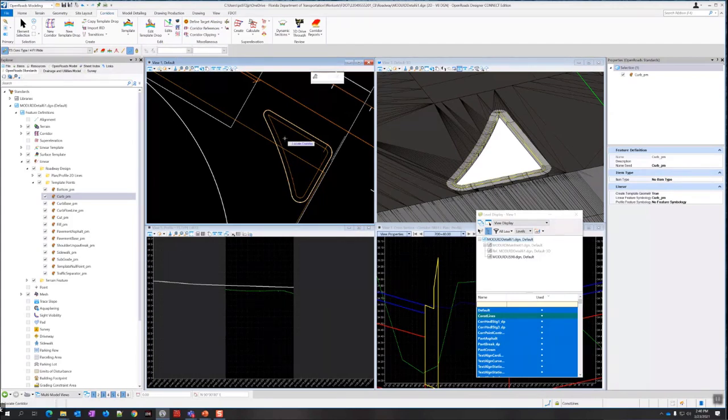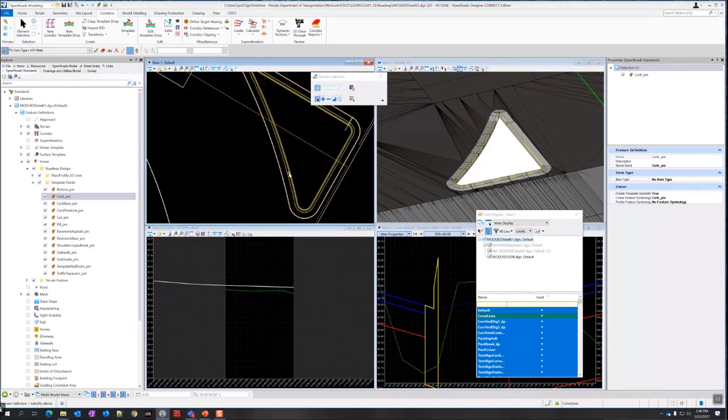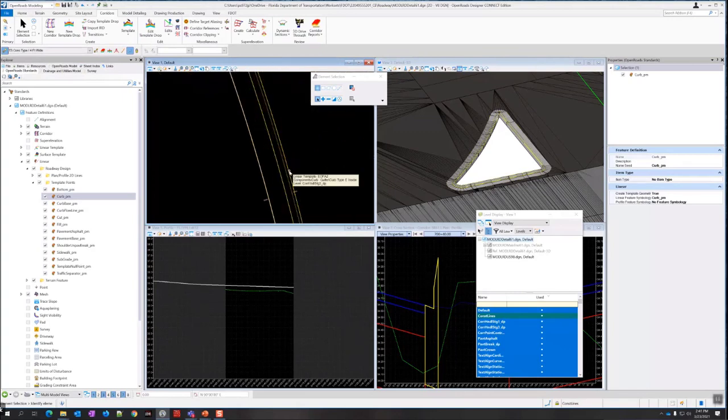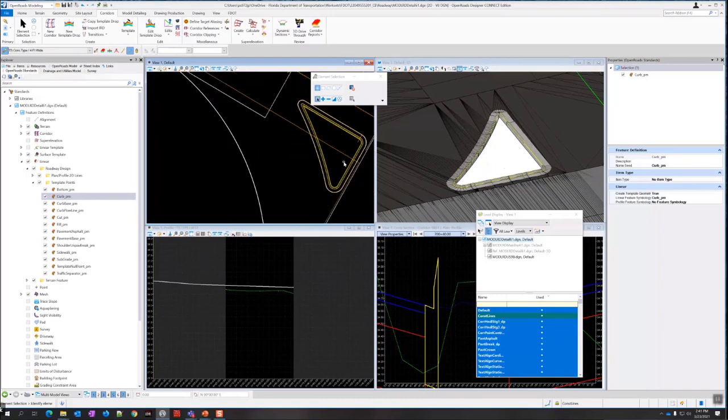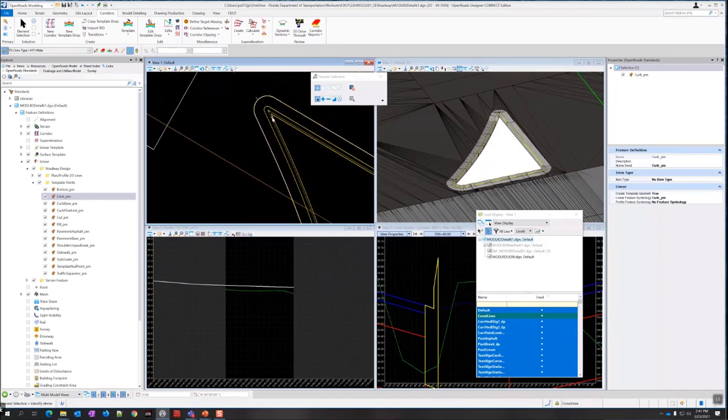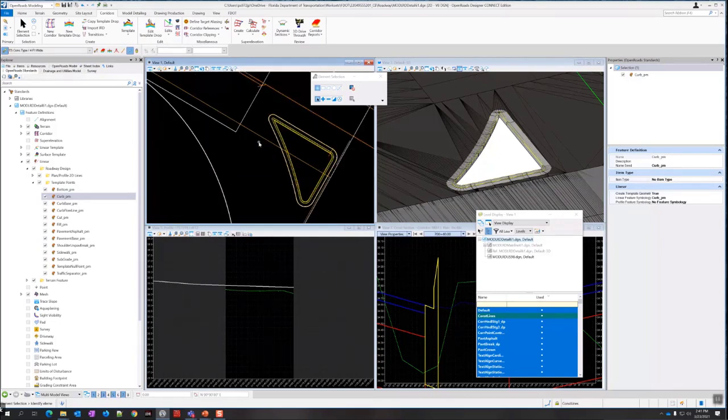Much the same way you do a corridor, you can reprocess a linear template. A lot of the same commands work, not all of them. So now I see these yellow lines in here. These are the curb PM that it was created. Again, there's no difference in the 3D because that profile is already there. But now that we see the yellow lines, we know it was created properly. So that's good.